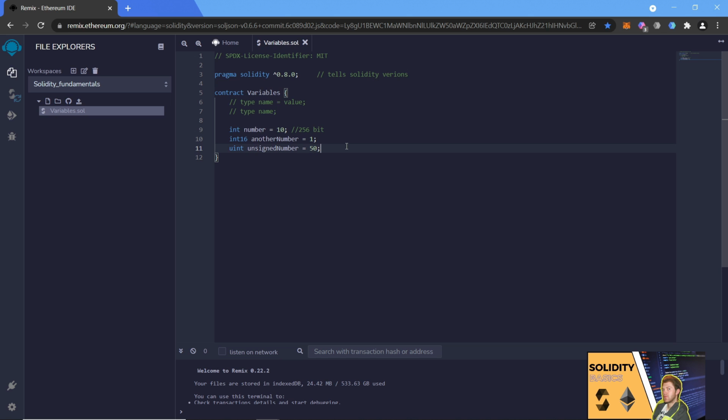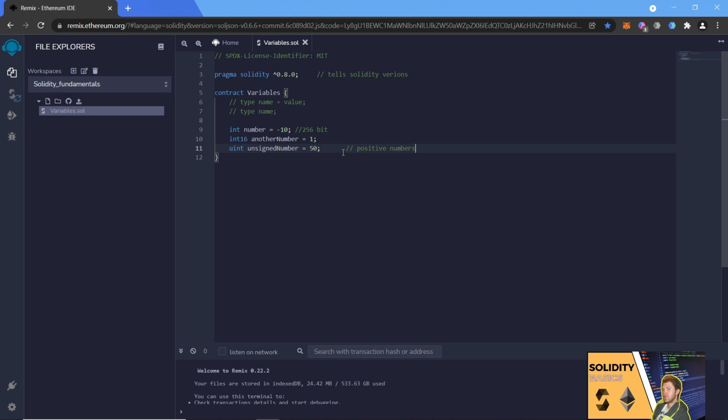So this basically tells us that we can only use positive numbers. As in this one here, for example, int number, we could associate it to -10 and it will work just fine. But with uint, you can only associate it with positive numbers,